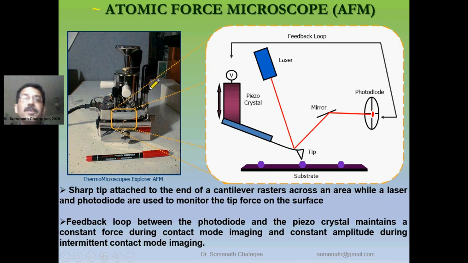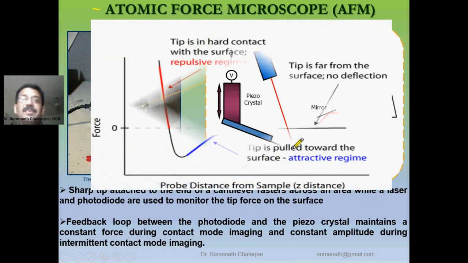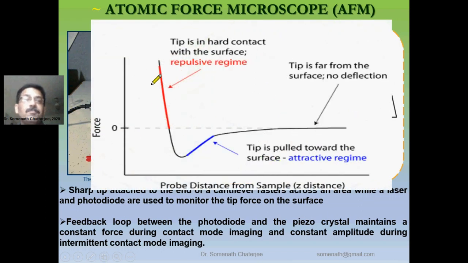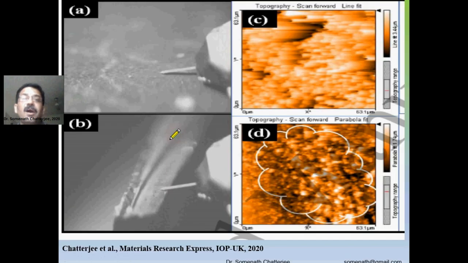Next, this is the atomic force microscope, where we know that any kind of material, insulating or conducting, or non-conducting, any material we can use here, and they are based on the van der Waals force of interaction. That is, when two atoms come together very near, then they repel each other. When they are away, then they attract each other. So based on this, the AFM, the atomic force microscope, is basically made.